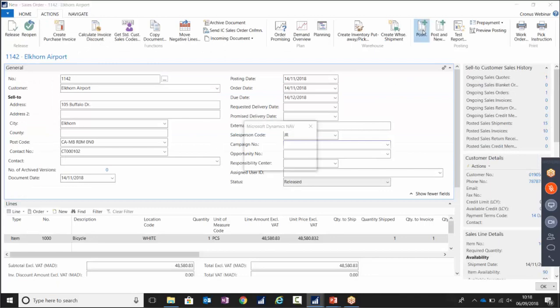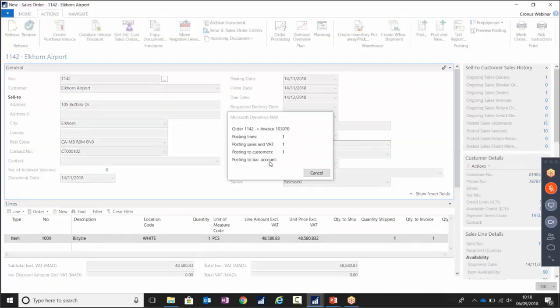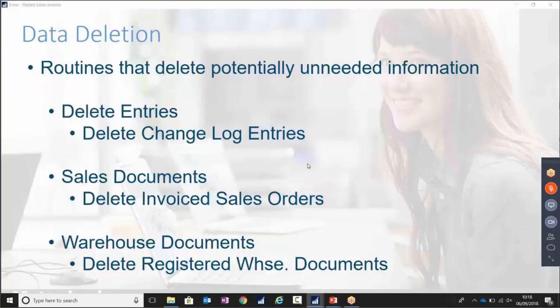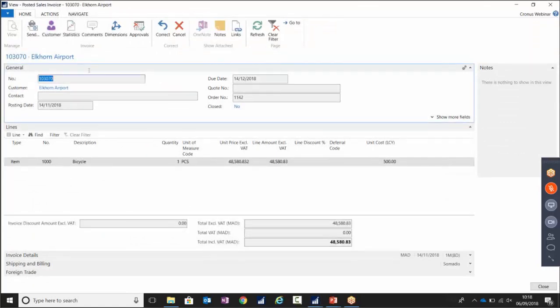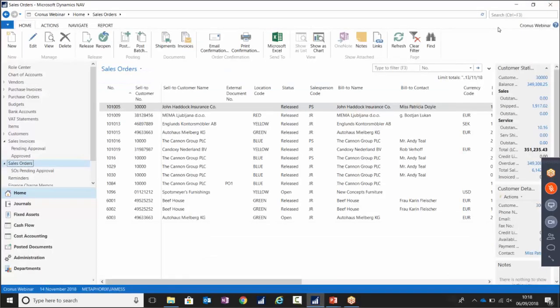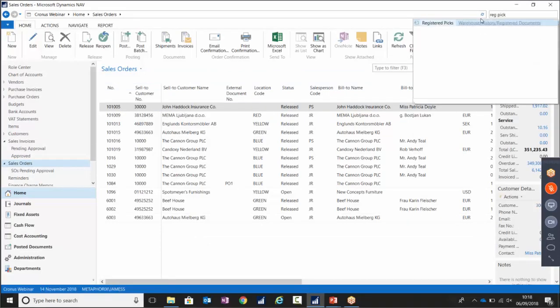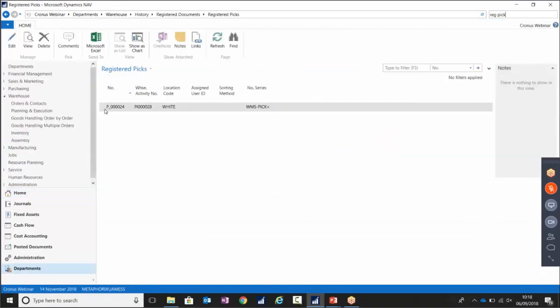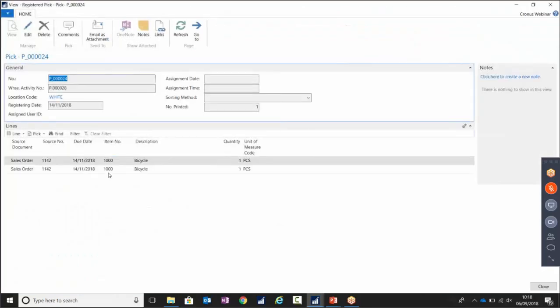And after the shipment's been posted, we can invoice the document. So then our sales order again becomes our posted sales invoice. The reason I wanted to show you that process is because what that leaves behind is this, and that's our registered pick. This is the document that says that this item was taken from the first bin and placed in the second